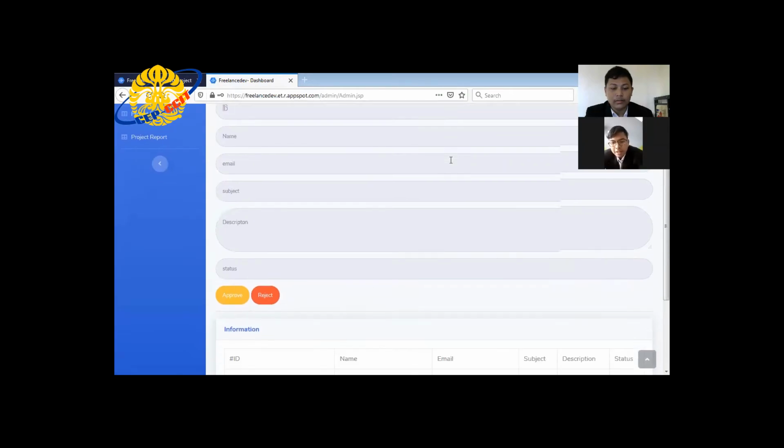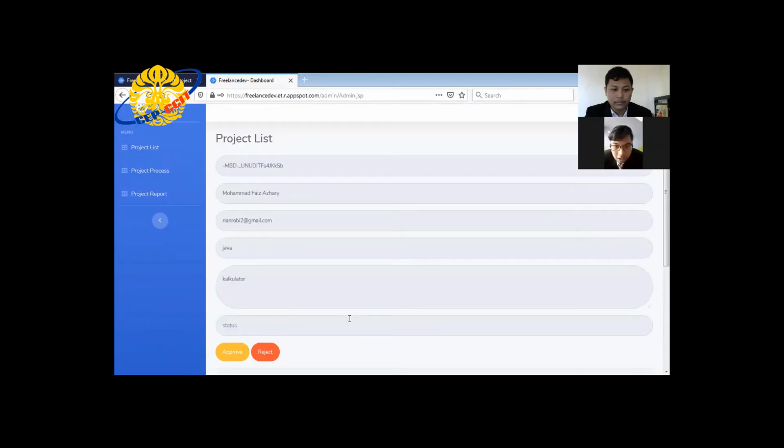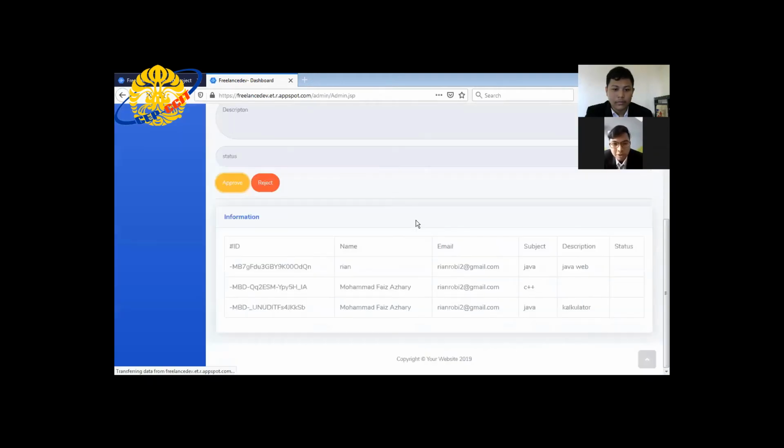In this page, all of the user requests are displayed in information tables. If the project is accepted, the project will be sent to the approve page or project process.